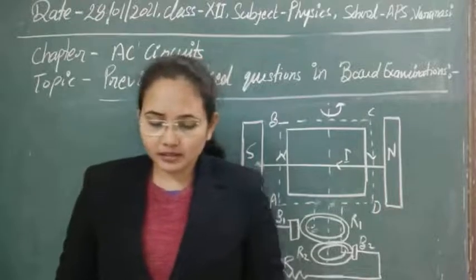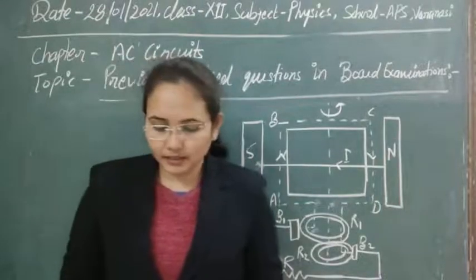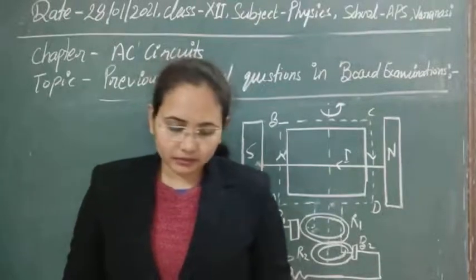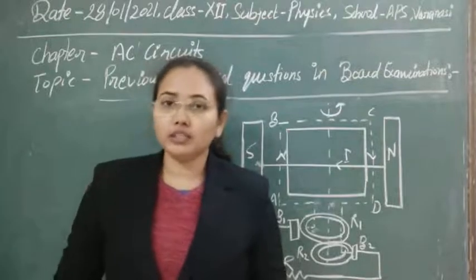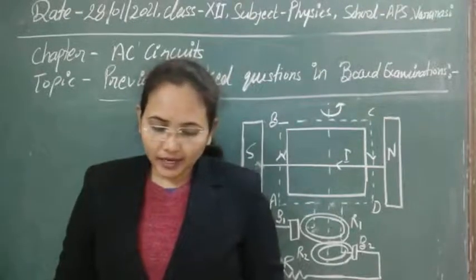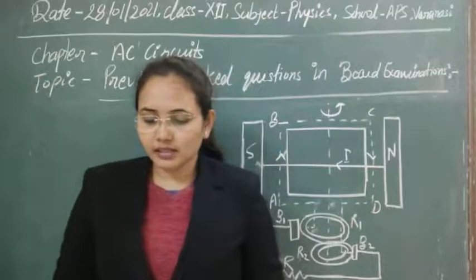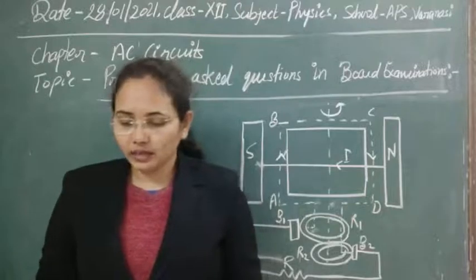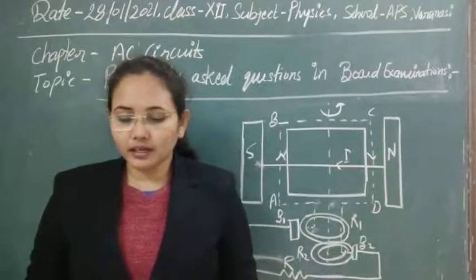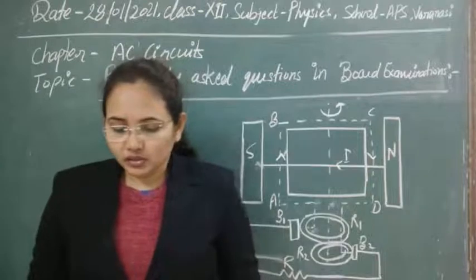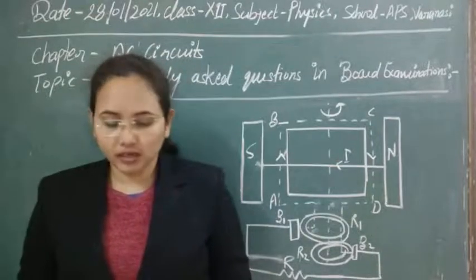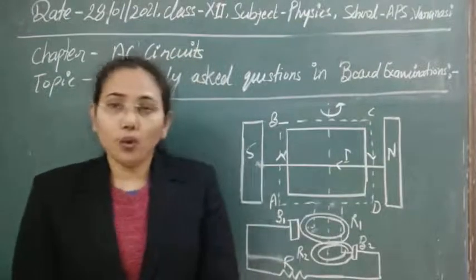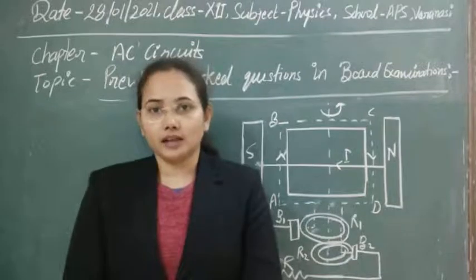The question from this chapter is: state the working of an AC generator with the help of a labelled diagram. And next, there are 2-3 questions contained in this. The coil of an AC generator having N turns, each of area A, is rotated with a constant angular velocity omega. Then deduce the expression for the alternating voltage generated in the coil. Next, what is the source of energy generation in this device? You can see that this is a 5 marks question, and the whole of the things about the AC generator is asked here.